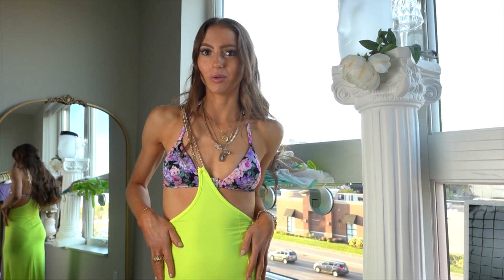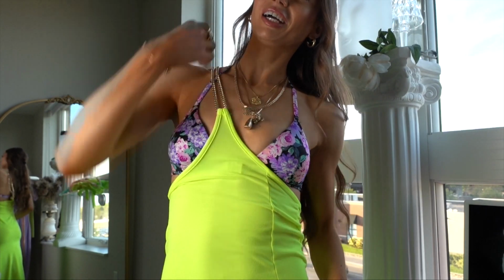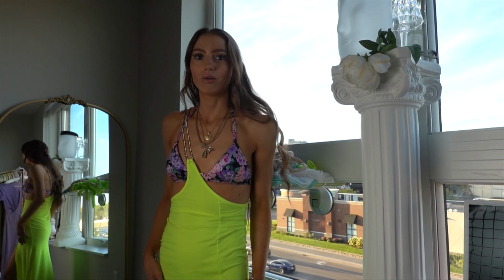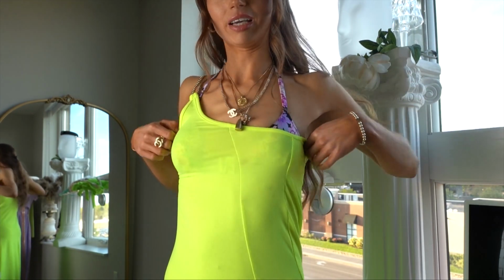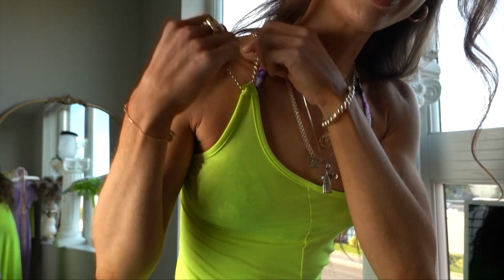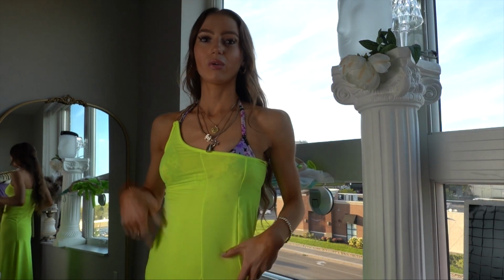And then I'm also going to show some swim cover-ups, including this one. So this is technically how Fashion Nova has you wear it. I guess it could be a swim cover-up or just like a night out maxi, but when I do the full view you can see the leg. Otherwise, I did also wear it where you can turn this into a strap. This is removable, so you could go across the way or drape it down or belt it, but